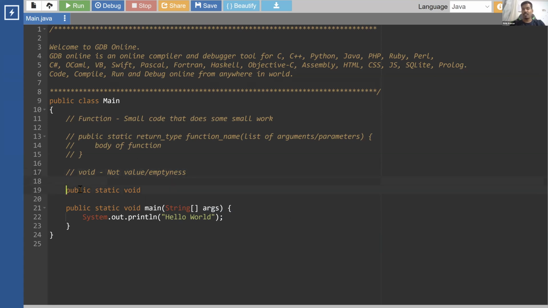Okay, so we start with public static void. Void means we don't return anything. I'll explain what the other things in between are, right? What are the other things in between? Okay,